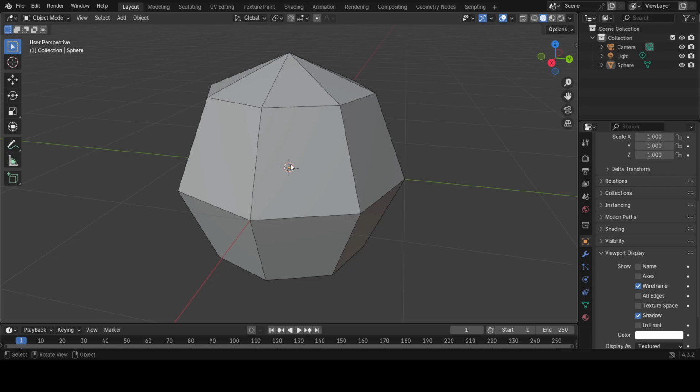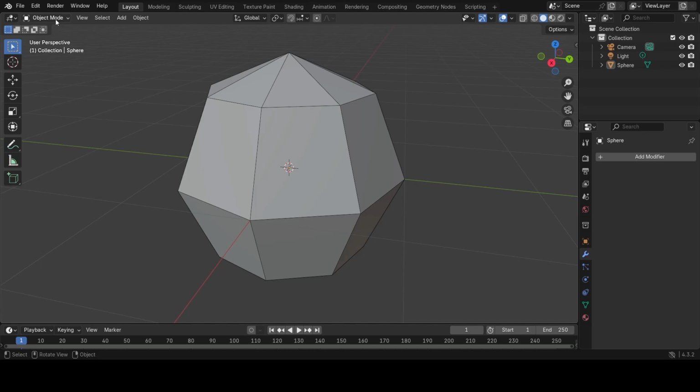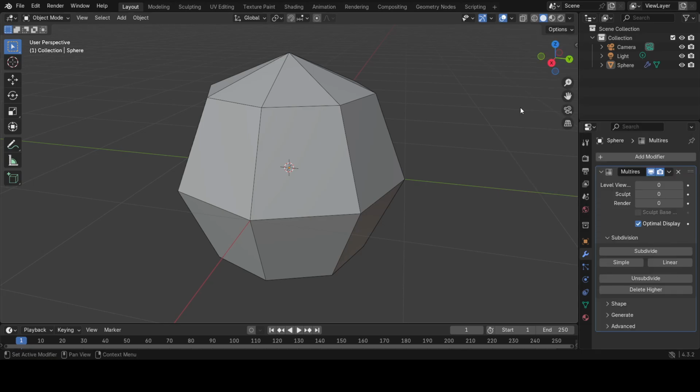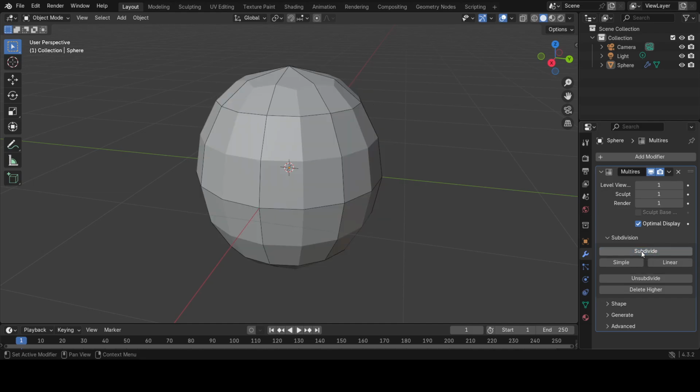We are also going to add one other thing here too, and right here, this icon is for object properties. We're going down to modifiers. We are still in the object mode. Add modifier, and we're going to go down to generate, back again to multi-resolution. And by doing that, we are now going to go to subdivide, and you see that we have a different distribution of